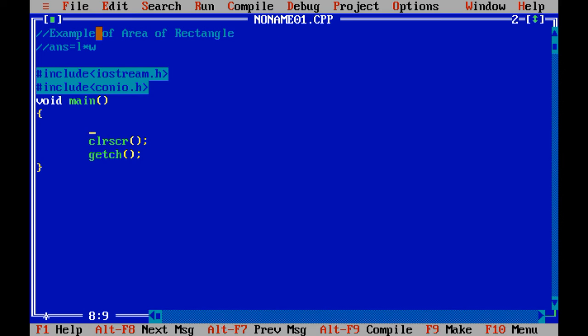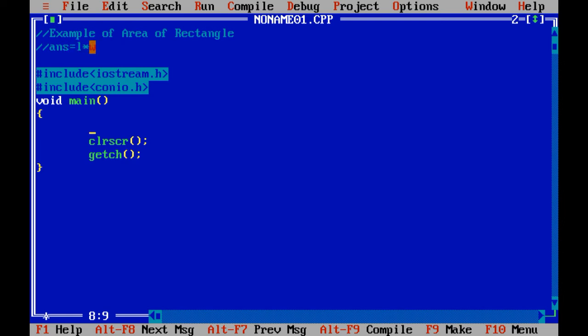One more question I need to ask: what are my output variables? There is only one output variable, that is answer. How can we know that this is my output variable? As I have told you, the variable on the left side of the equals operator is known as the output variable. So here answer is my output variable and L and W are my input variables.